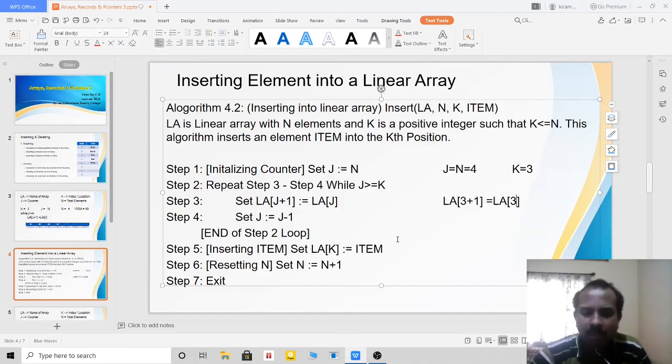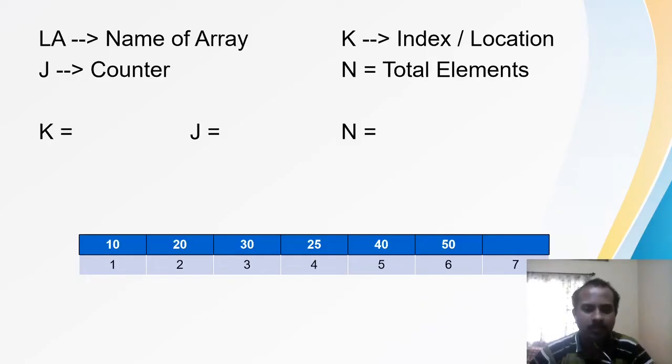Since I have inserted one more element, what will happen to the number of array elements? 4 elements now become 5 elements. Right? After that, exit. Now let me go for the other one, where I have to delete an element. For deleting an element, you have two things. One is deleting the element at the end of the array, which is very easily done, and another is deleting the element in the middle of the array.